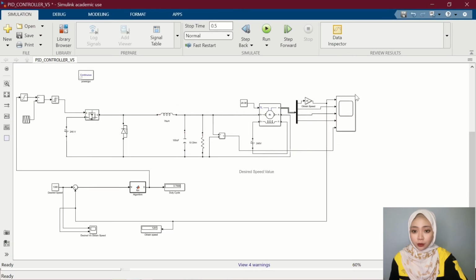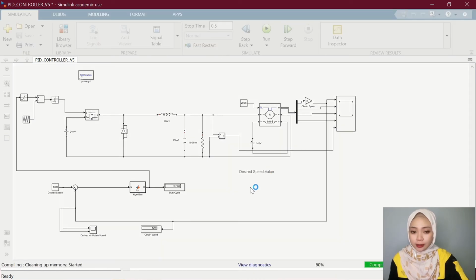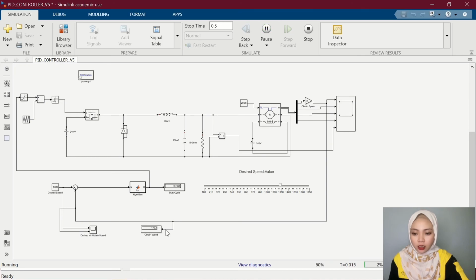Okay, so I'll proceed to the next part of the demonstration. For my second desired speed, it is 1200 RPM. So this is our basic circuit on the MATLAB. First of all, I would like to run without any PID controller. So run and then